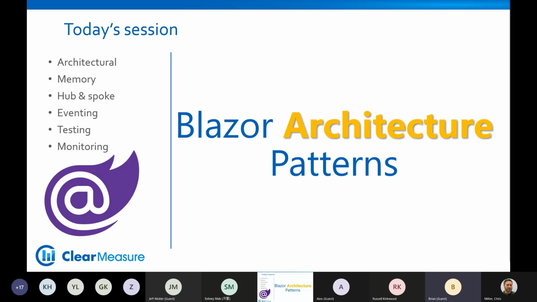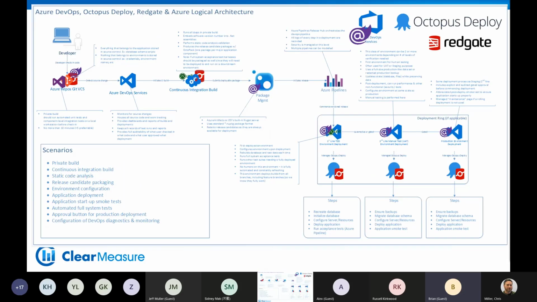So let's start architecturally. I want to talk about how to build a Blazor application by talking about the DevOps environment first and the different components. Now, I've taken and annotated a DevOps architecture poster that has been around for a long time, but annotated it with the Blazor icon for the parts of the DevOps environment where you have to do at least something special because you have a Blazor application. The parts that don't have the Blazor icon are the areas of your DevOps environment where you literally don't have to do anything, because it's Blazor, and it'll work just because it's .NET.